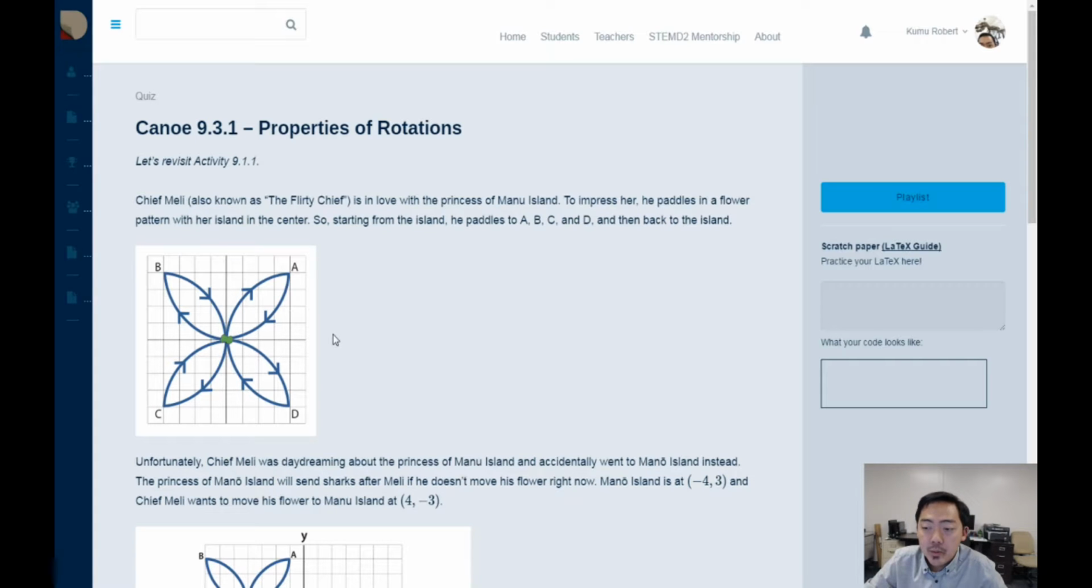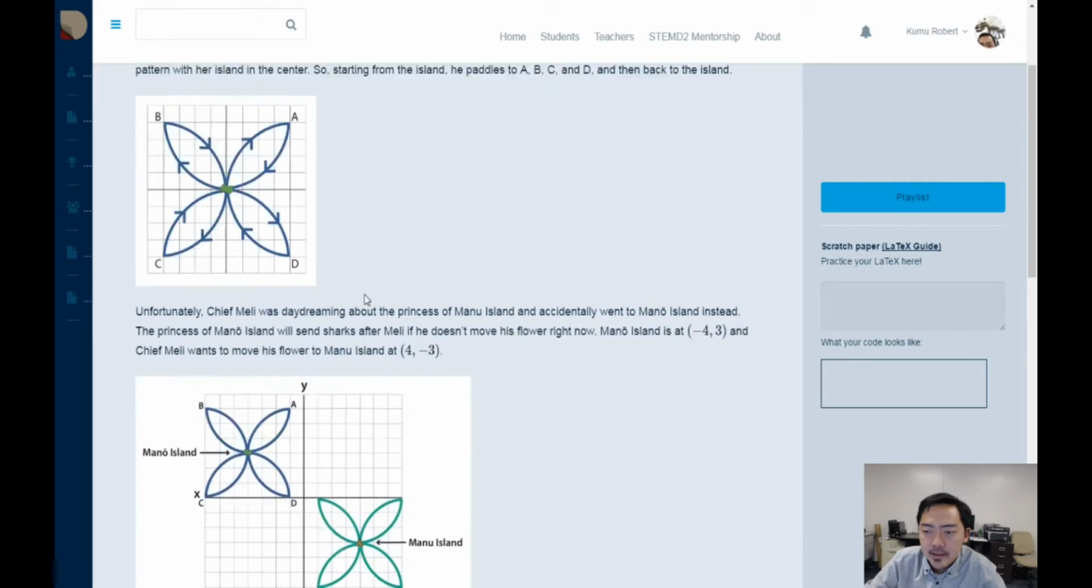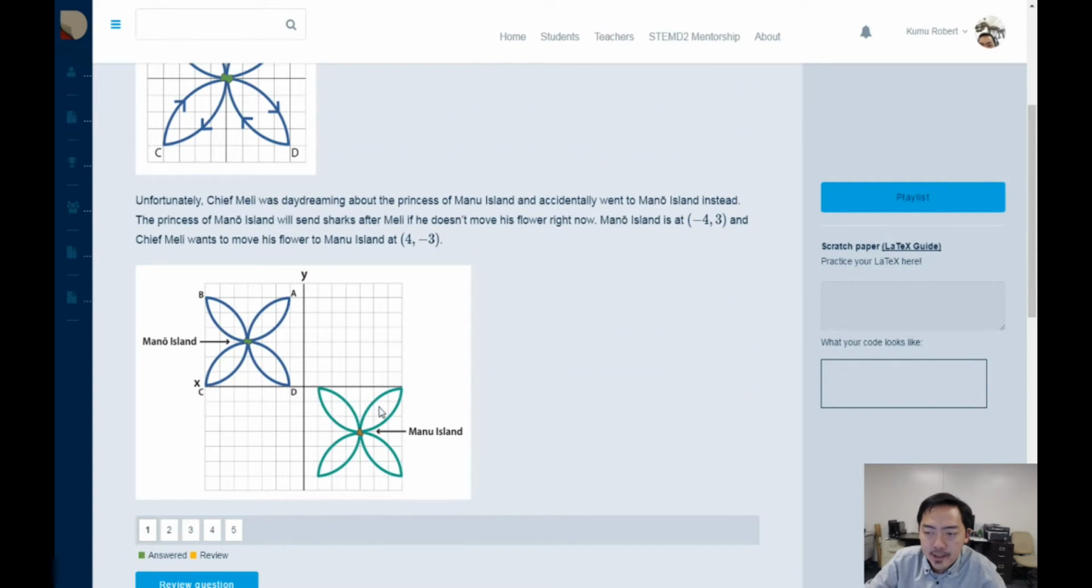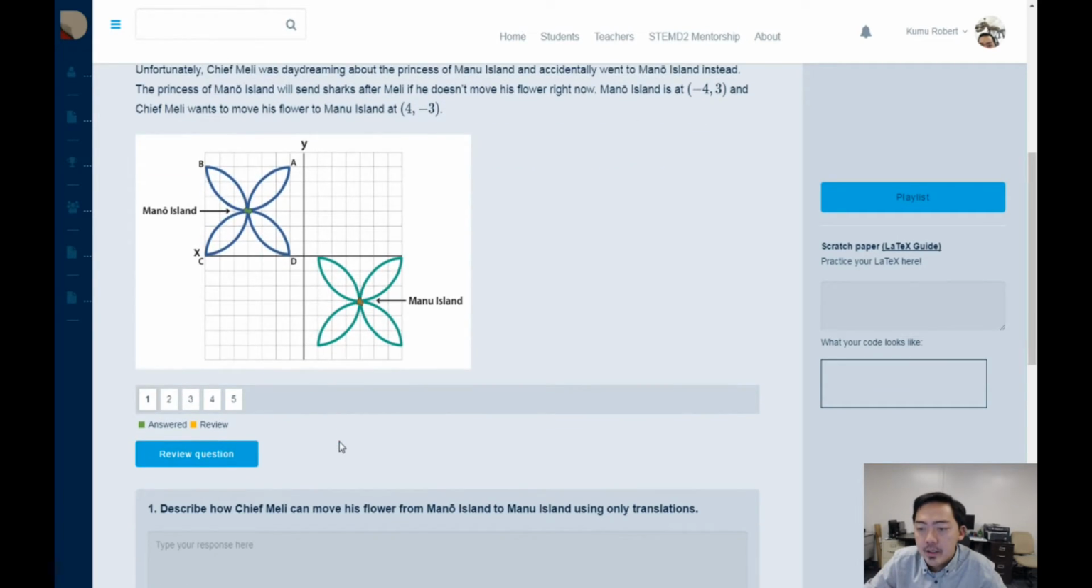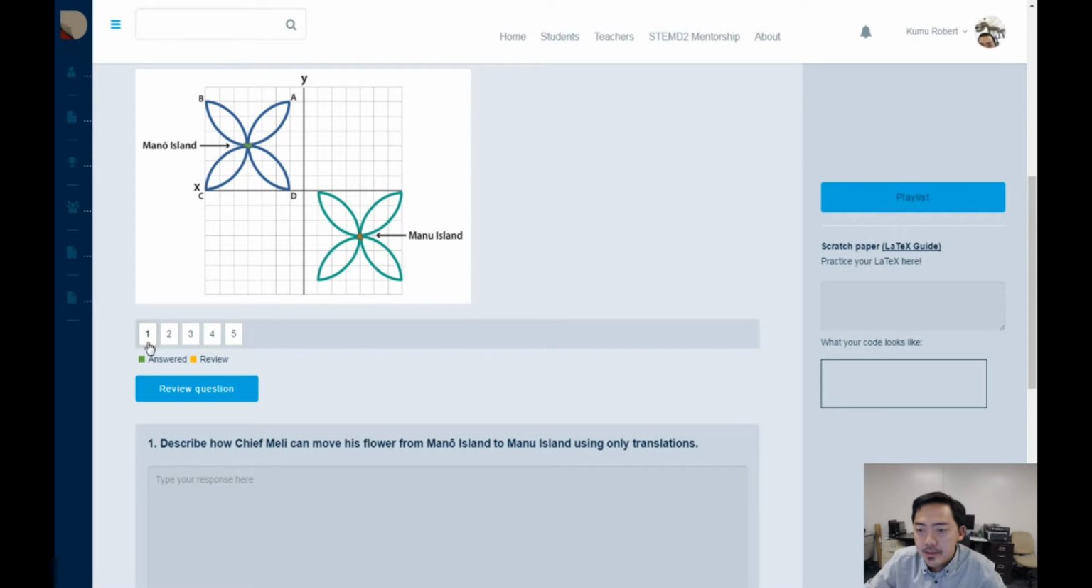Unfortunately, Chief Meli was daydreaming, and he accidentally went to the wrong island. So instead of making a flower pattern here, he made a flower pattern up here around Mano Island. In this activity, we will talk about how Chief Meli can move the flower from here to here using translations